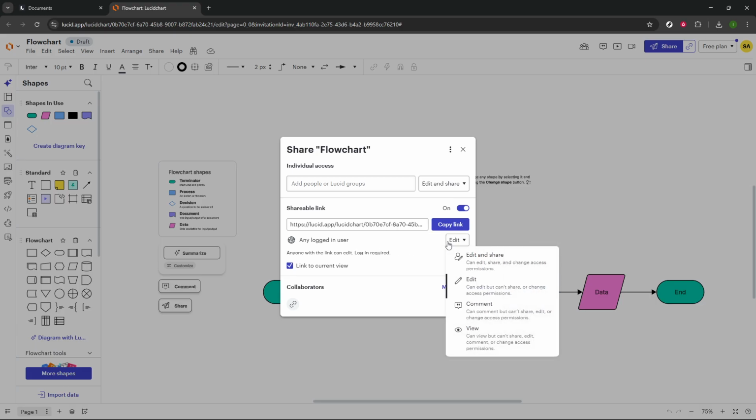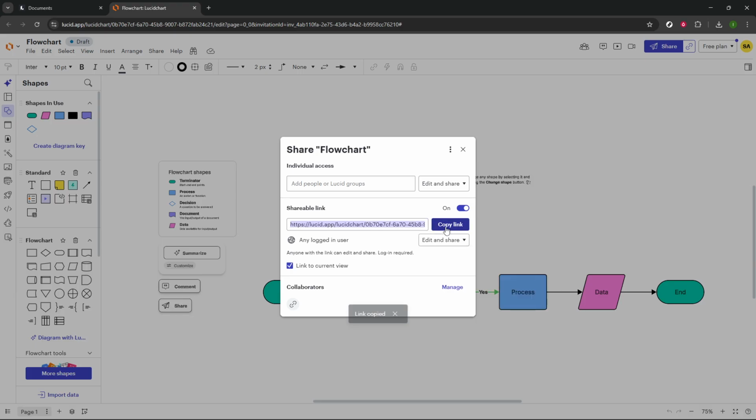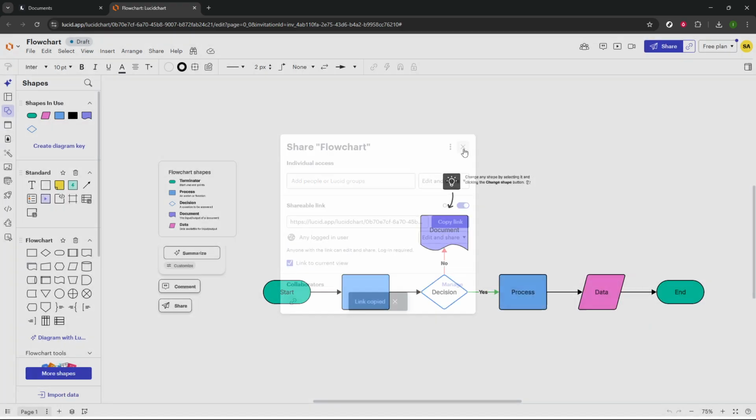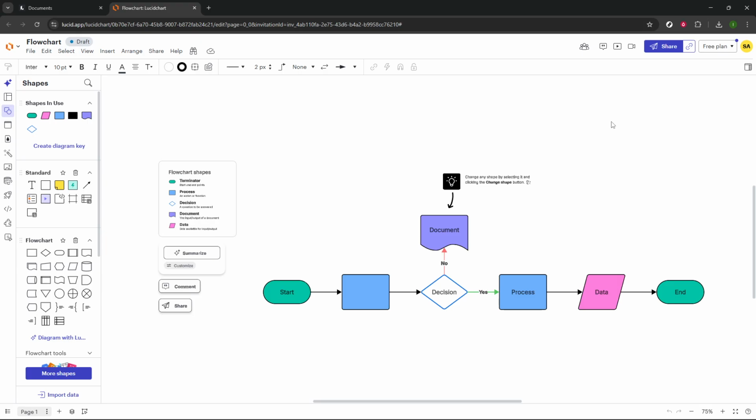Finally, clicking on the Copy Link button will save the generated link to your clipboard. From here, you can paste it into an email, instant message, or any other communication channel you prefer. And there you have it. You've successfully set up your Lucidchart document for sharing with someone outside